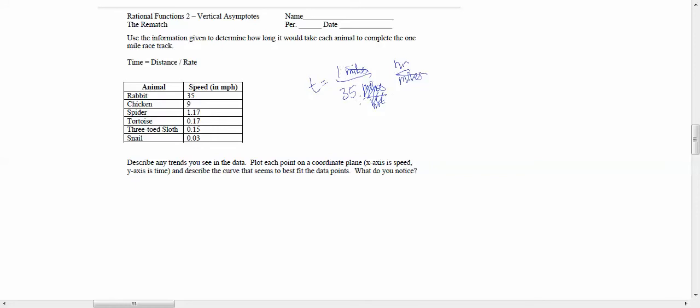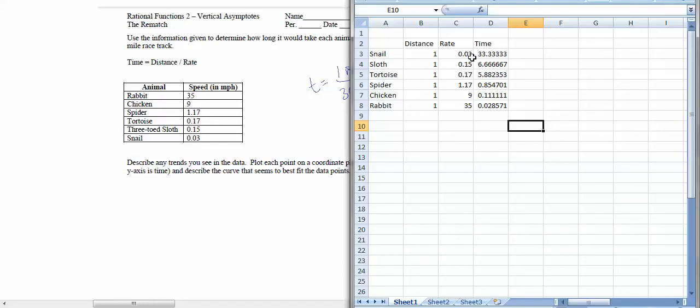What is 1 divided by 35? Well, to be honest with you, it's 33.33333. How did I know that? I think it is, anyway. I actually made a little table, and I know I cheated, but